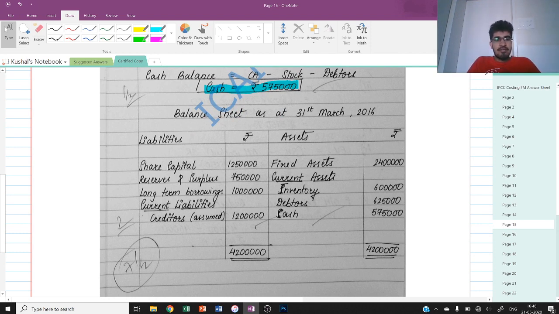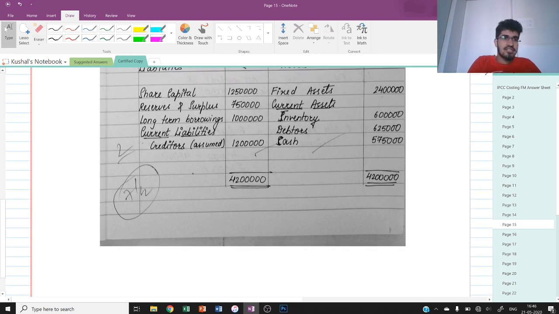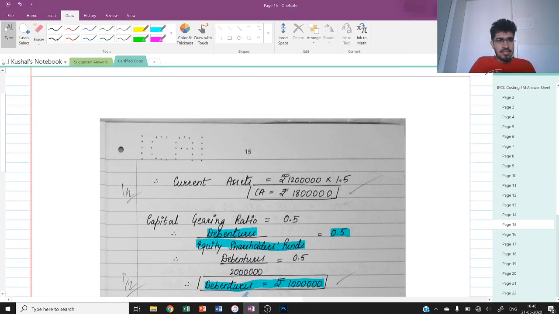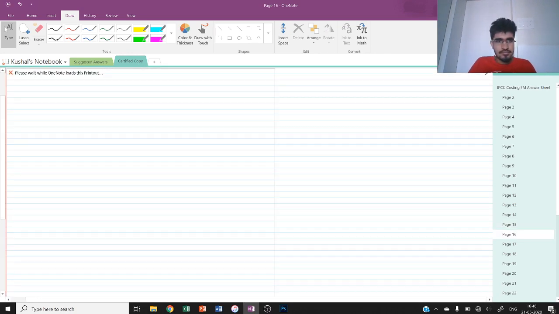In current liabilities, creditors have been assumed as total current liabilities, and in inventory only three current assets are there, namely inventory, debtors and cash. This is how I have presented the balance sheet. I have received 7.5 marks over here. So I'll have to analyze where I've lost 0.5 marks, mainly in some calculation error. So I was able to score almost all the marks in this question as well. I lost half a mark over here.